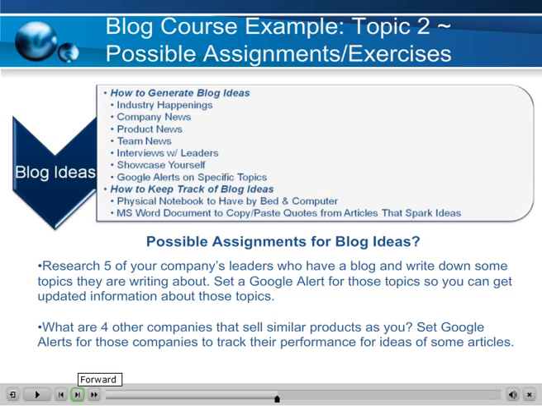Again, what do you see here? You see specifics. Research 5 of your company leaders. What are 4 other companies that sell similar products as you? Numbers, 5 and 4. What am I telling them to do? Specifics. Write down some topics that they're writing about. Set a Google alert for those topics. Set Google alerts for those companies. Track their performance. Set Google alerts for those topics so you can get updated information. So they're action steps. I'm telling them exactly what to do, giving them specifics so that they are achieving the